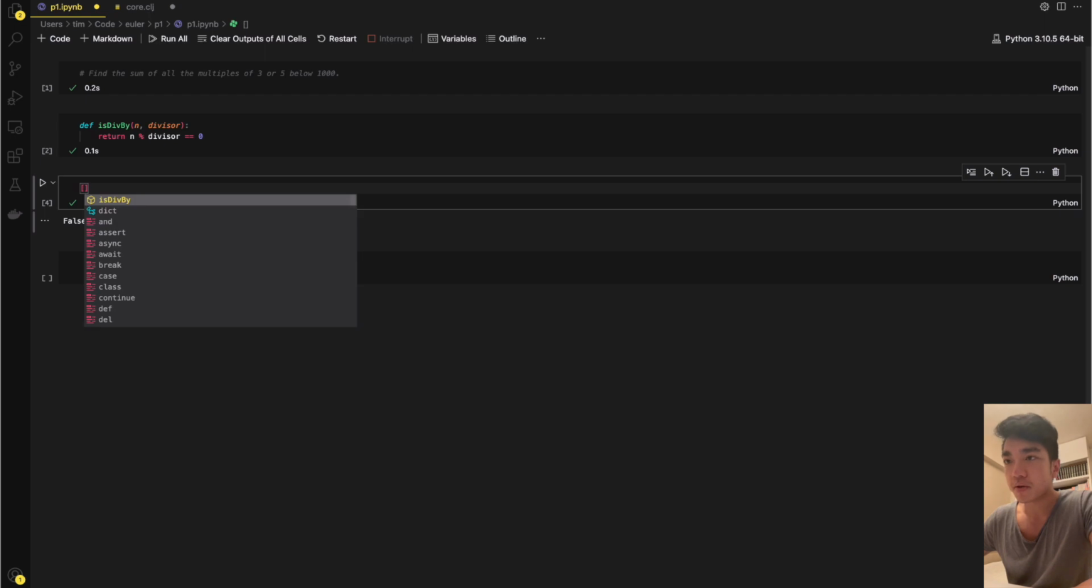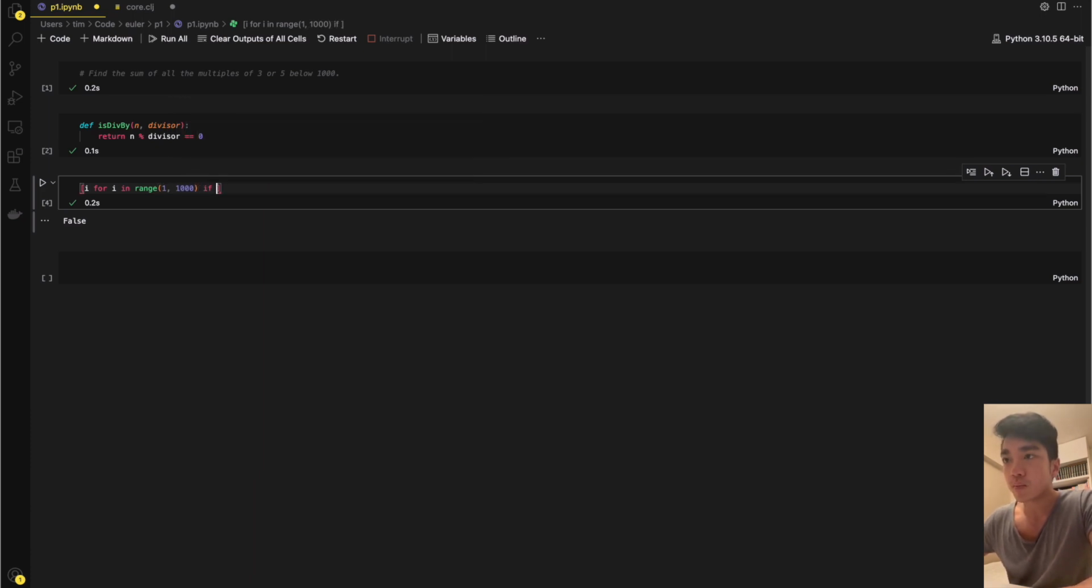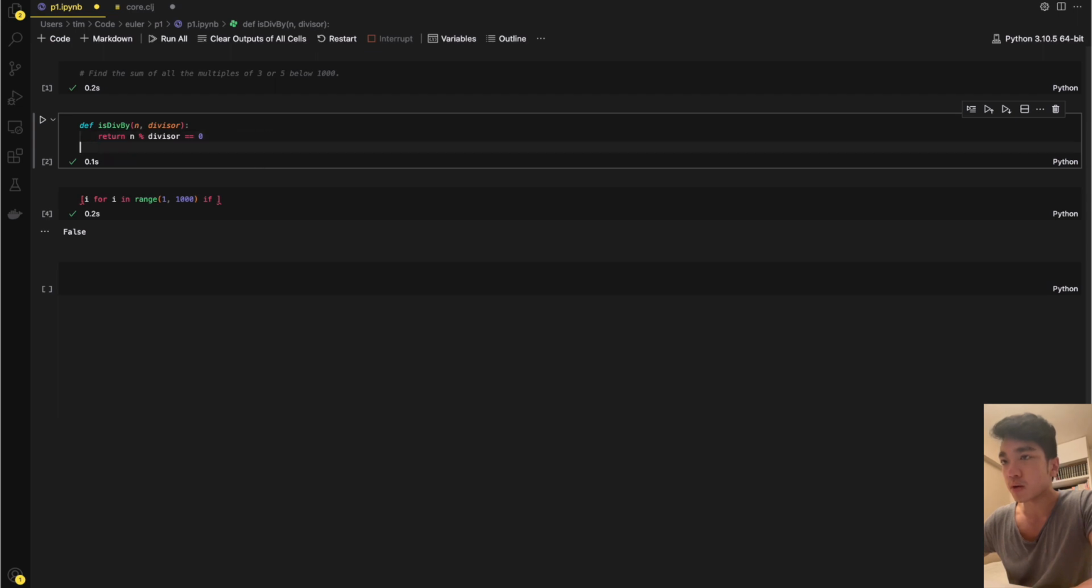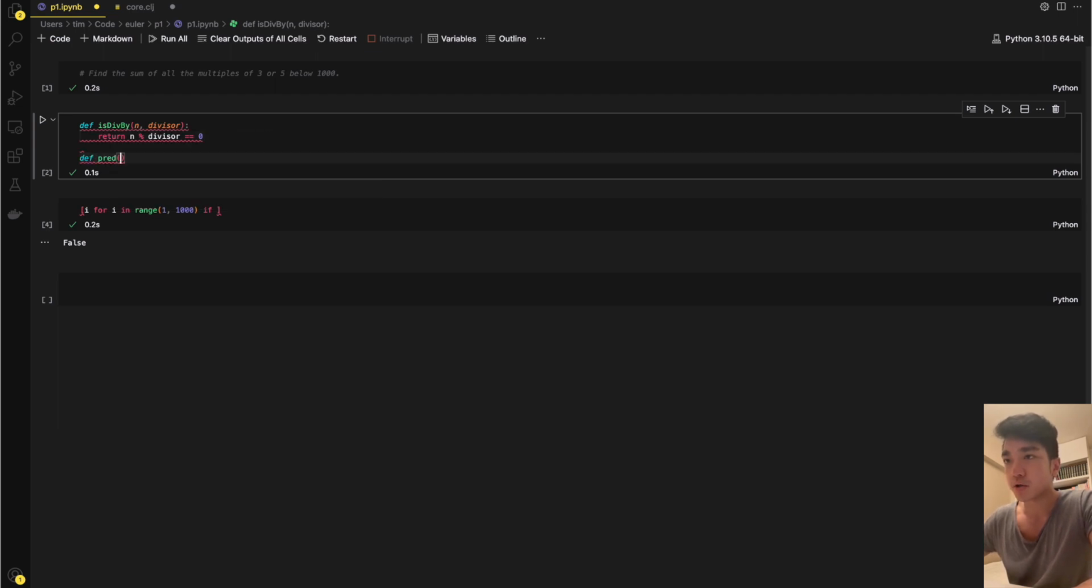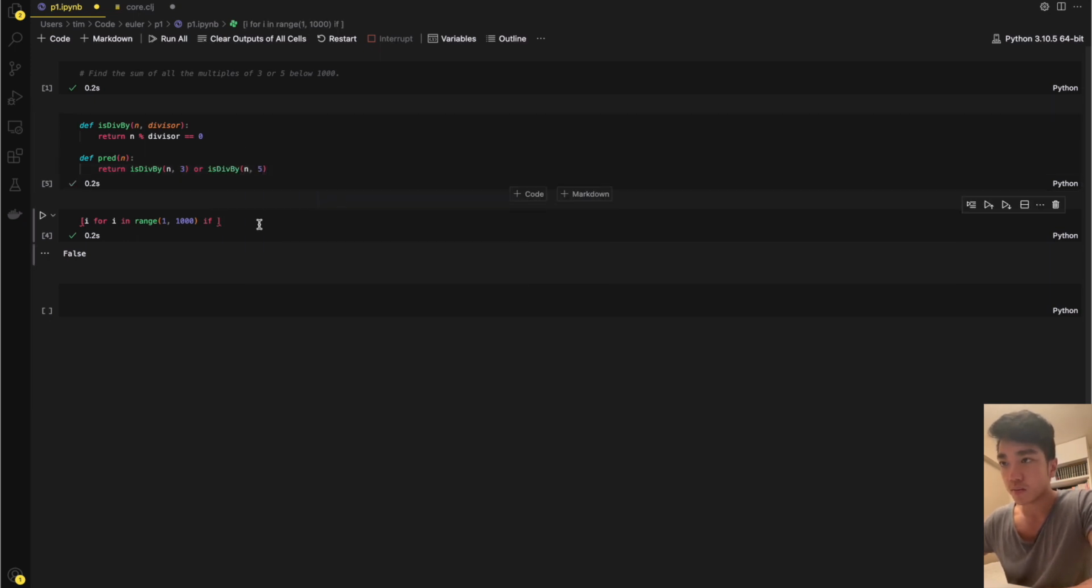I guess the first method that comes to mind would be using a list comprehension, i for i in range of 1 to 1000. If, well, I think another way of writing this would be just to find a predicate for the entire question itself. So the predicate would return true if a number is divisible by 3 or 5. So let's write that: is_divisible_by i and 3, or is_divisible_by i and 5. So if the predicate is met, the number shall remain, and let's just sum it up,